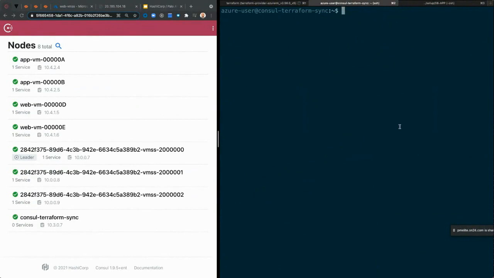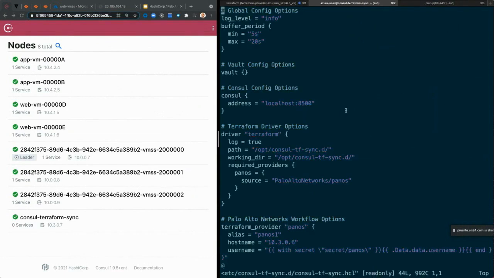Absolutely, absolutely. So what we're going to do real quick here is actually jump into the Consul-Terraform-Sync configuration so we can see exactly what's happening. So we just want to quickly go through this, right? The important pieces. We are retrieving some of the credentials from Vault.